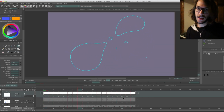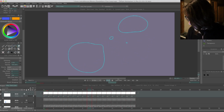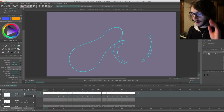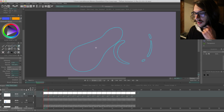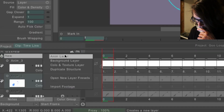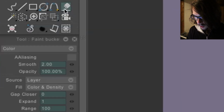Coloring digitally is a whole lot faster than coloring traditionally. Painting by hand would take a whole lot longer to paint this scene. Now, ordinarily, to paint this digitally, I'd come down here, create an animation layer, and then go to the paint